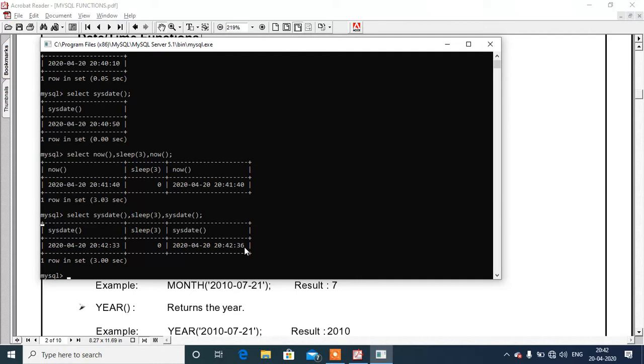By this example, it is clear that the now function will return the time at which the command started executing, but in case of sysdate, it will return the time at which the function itself executes. That is, this sysdate function is executed at 20:42:33 and this one at the 36th second, after 3 seconds of sleep. So this is the difference between the now and sysdate functions.